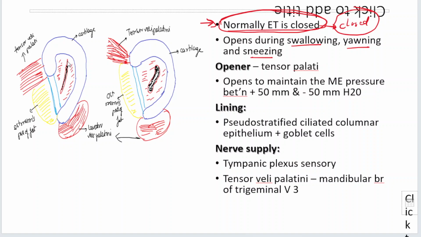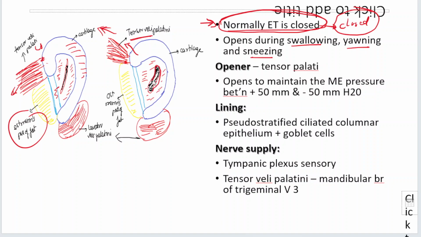So this is how it is shown here. This is the medial lamina. This is the lateral lamina. This is the fibrous cartilage. This is called the Ostmann's pad of fat. Here you have the tensor veli palatini muscle, which is attached to the lateral lamina. When the tensor veli palatini contracts, it goes from a downward position to an almost horizontal upward position, causing the lateral lamina to come upward,